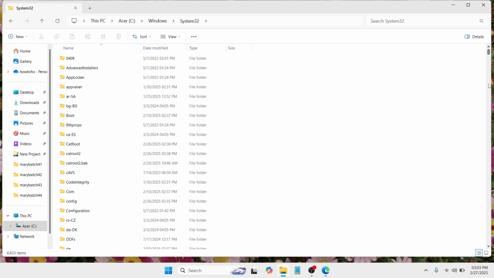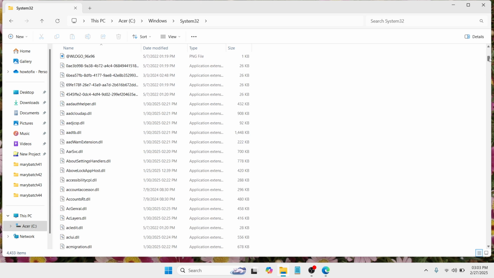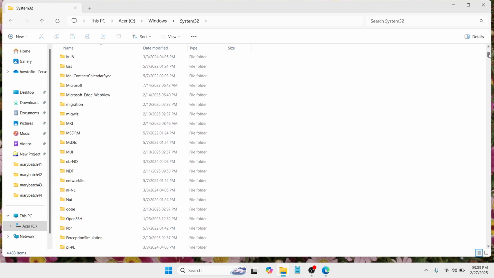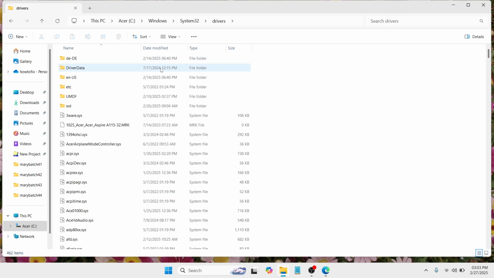And here you need to look for drivers. Just have to scroll down and be keen on locating it since there are a lot of files here. Okay, so now it's here next to down level in my case. Double tap it. And here you need to scroll down and look for